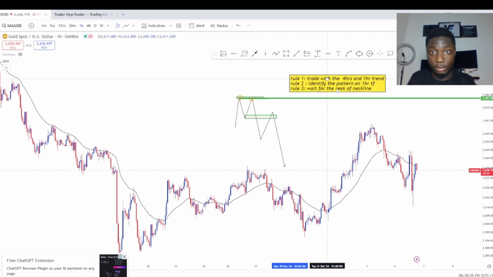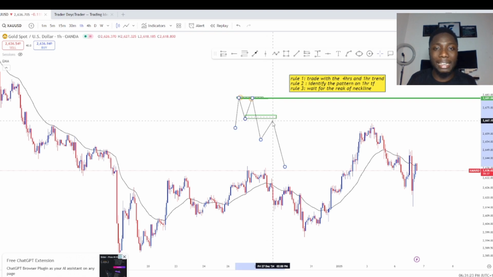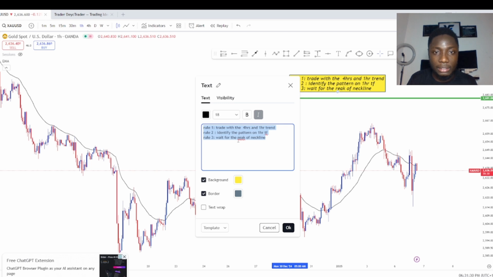So let me bring this rule here. So this is the neckline of the double top. Let's say you have your head like this, then this is the neckline of this chart pattern. So you must wait for what? You must wait for the break of that neckline to confirm that yes, price is heading down. Like I said, it's a reversal chart pattern. So you wait for what? Retest of the neckline. This line, you must wait for price to get there, and okay, wait for the break of the neckline. Then next is